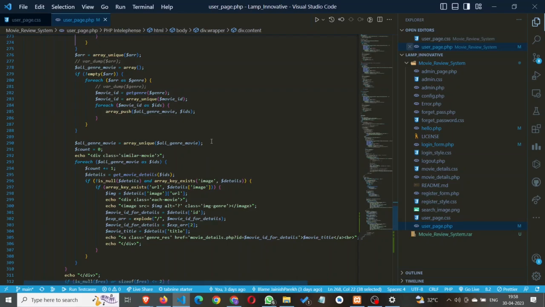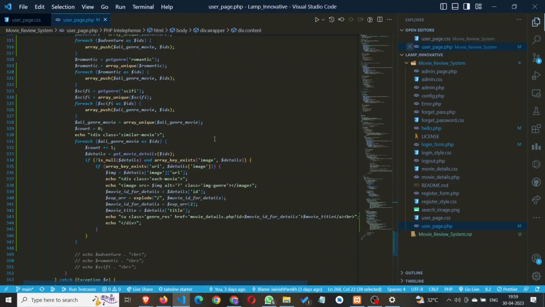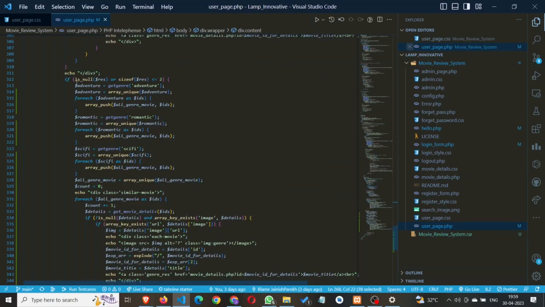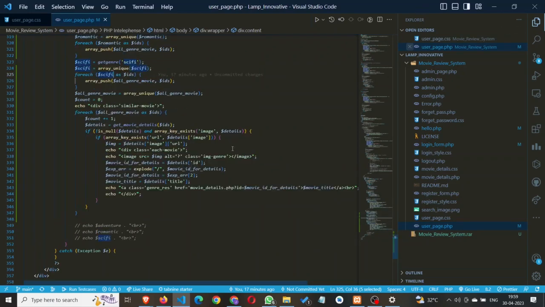If the user is new and does not have any genres associated with that email, then we are going into the else part where the result is null, that is we do not have any genres, or we have less than 2 genres. Then what we do is use the standard genres of adventure, romantic and sci-fi. So movies which are popular and new related to these genres are given as an output. We are showing the image and its associated data over there. Okay,